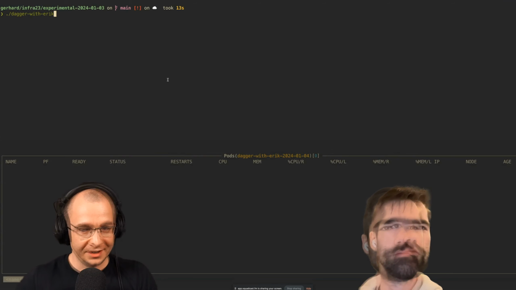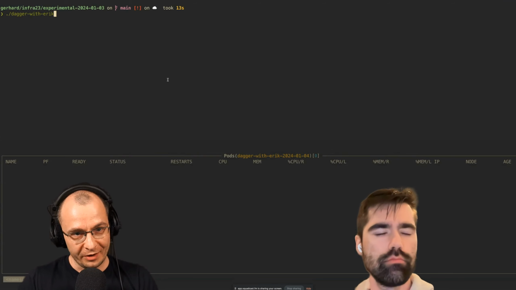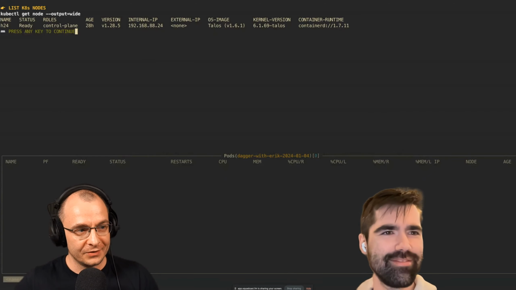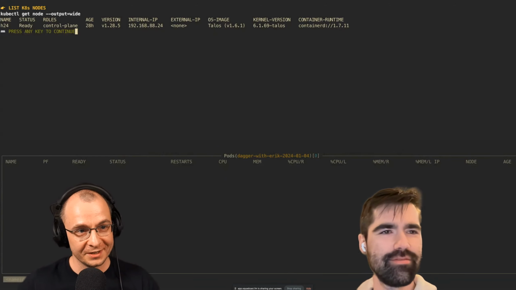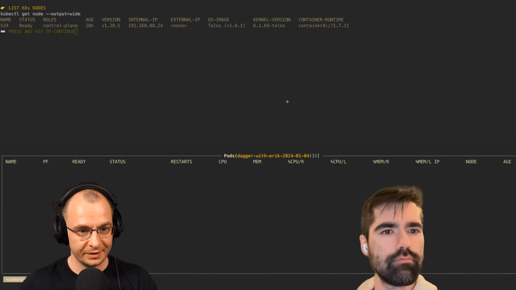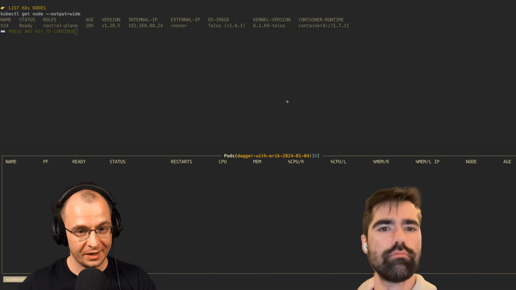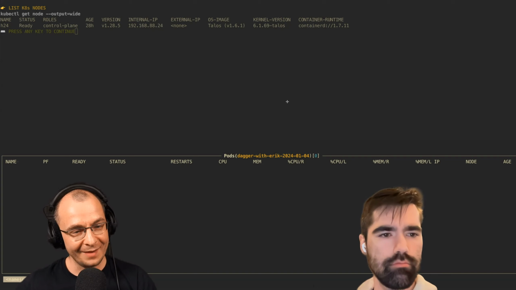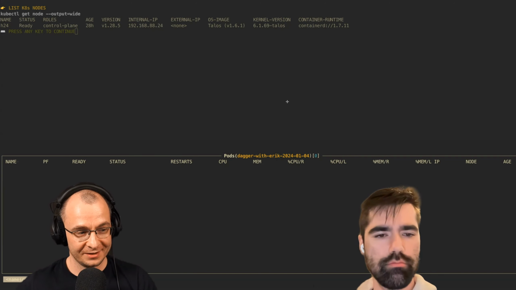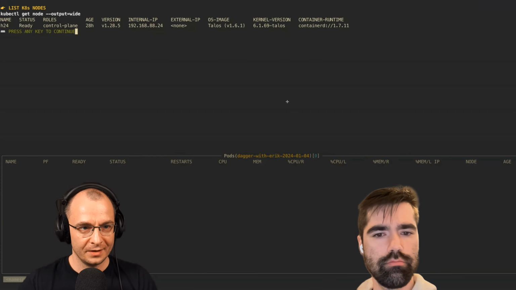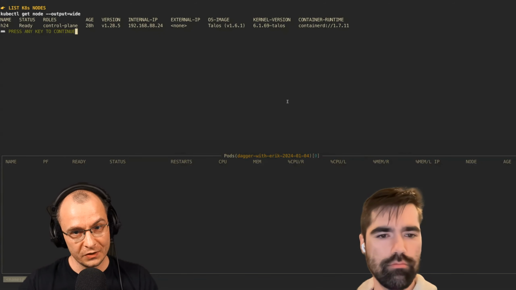So we're going to run an executable, Dagger with Erik. Okay. And the first thing that we're seeing is listing the nodes. So we have one single node. We have K9s running, and it's showing us a namespace which doesn't exist yet. It was created, it was deleted. We'll create it again. So single Kubernetes node